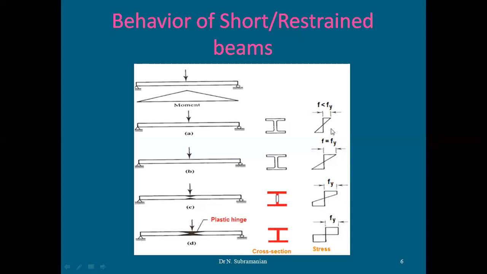In these two pictures, you can see the linear where your stress is directly proportional to strain. But here it is not linear, it is non-linear. So where you can see the permanent deformation taking place in the member. Okay. So this is how the load increases. Still load increase. What happens? Then the collapse starts in the beam.